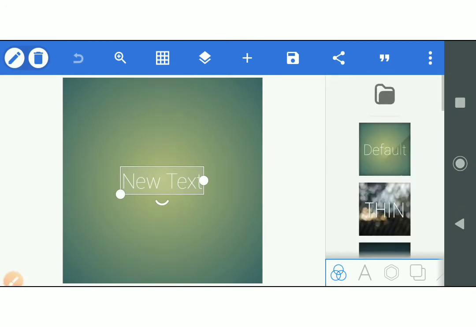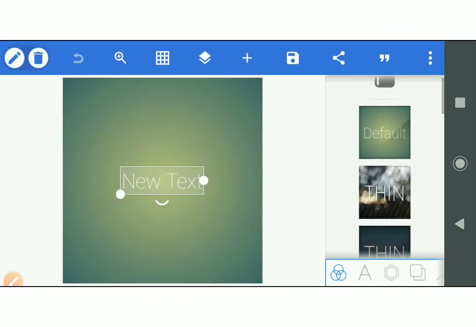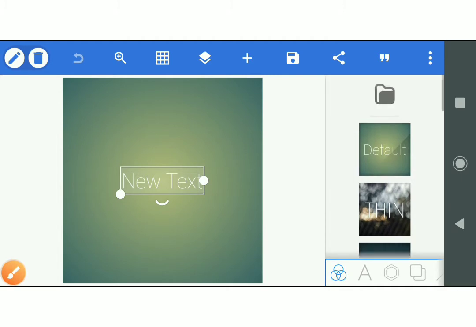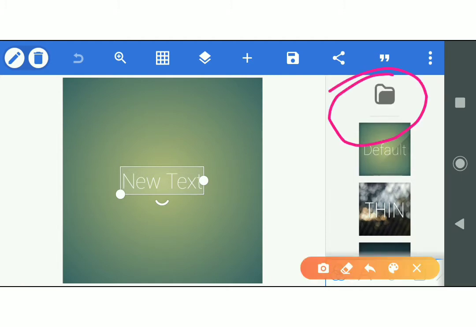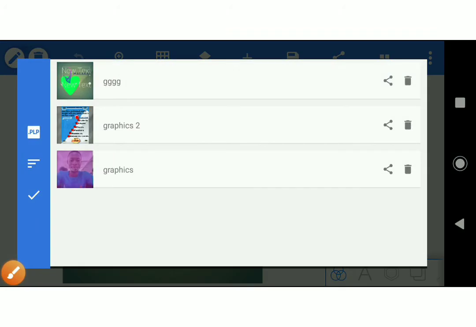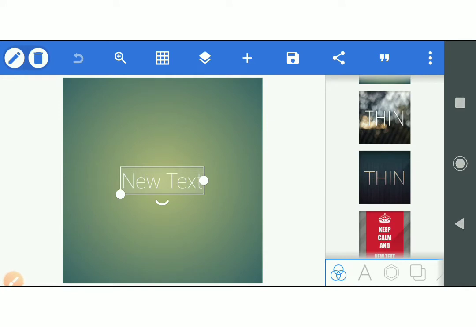You can also pick up this. This is my project. So when I click here, my project serves as a preset down here that I can also use. When I click on it, it allows me to take some of my projects and work on them. Okay, so let's go back. Now the next is the